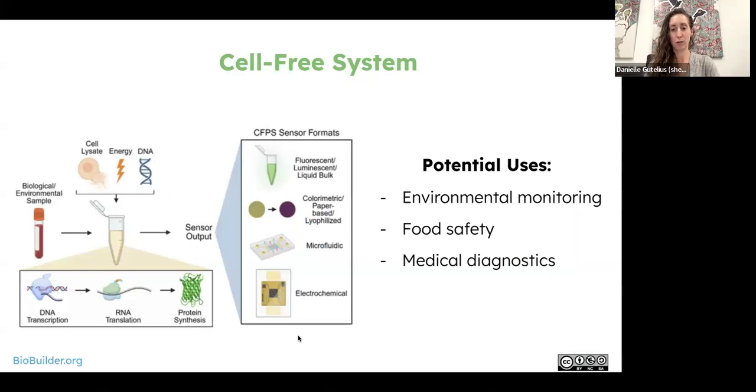So because of those qualities, these cell-free systems are really good for uses in environmental monitoring, like biosensors, food safety, medical diagnostics. So things where you could just test it within a matter of hours and you can take it with you out in the environment. This image is just showing you that cell-free systems, the sensor output could be lots of different things. So it could be some sort of fluorescence biomarker where you apply your sample to the cell-free system